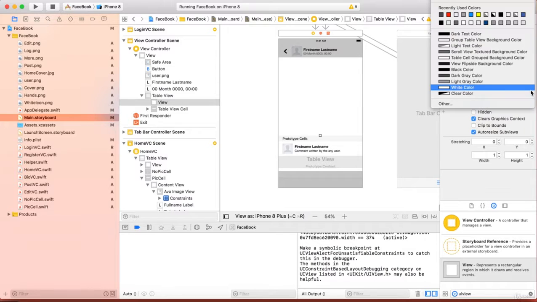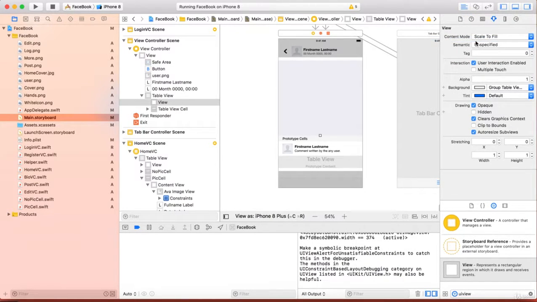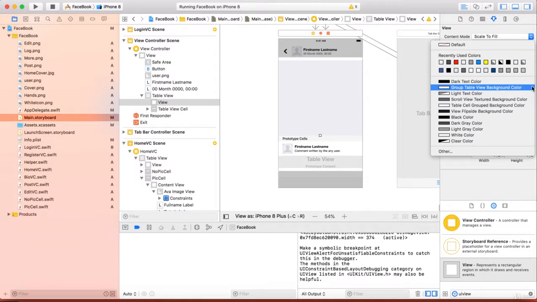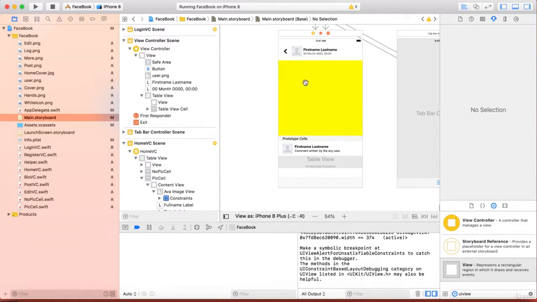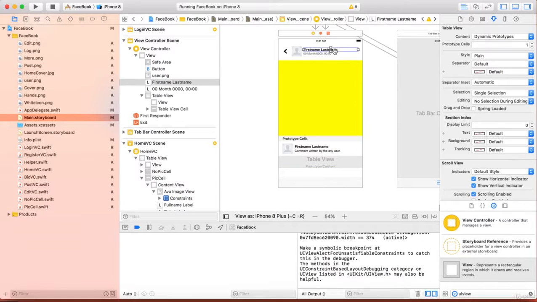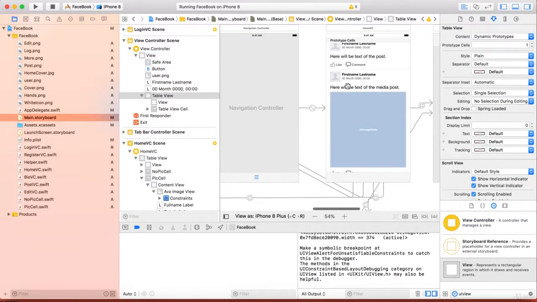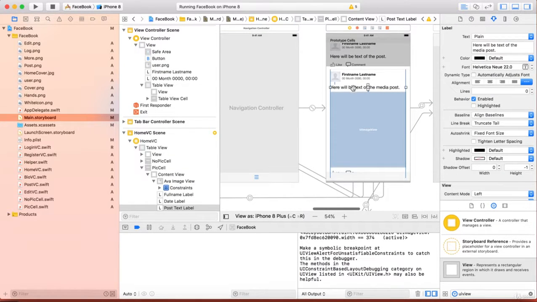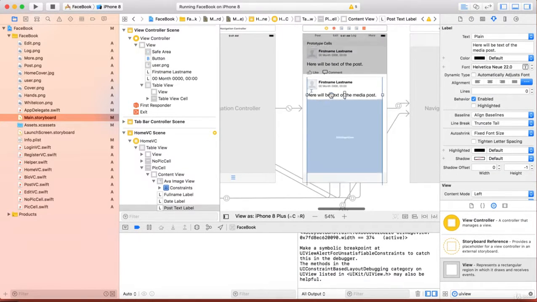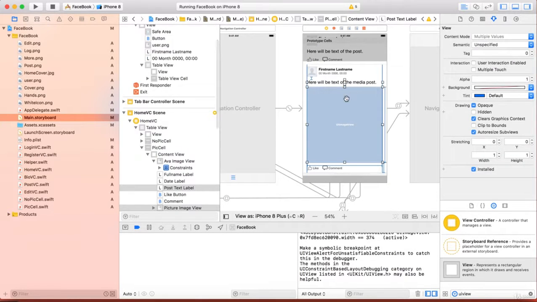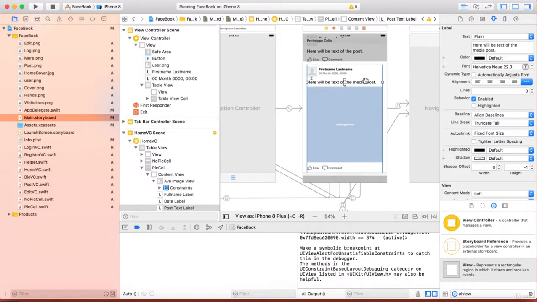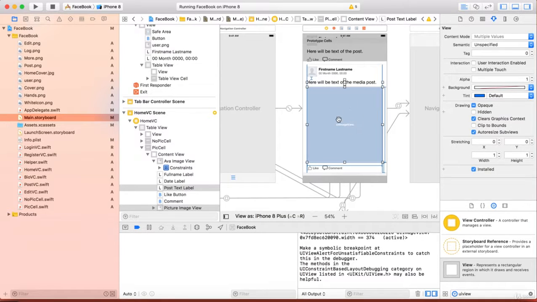I will immediately change the background color just to see the differences. I will use some bright color, let's say a yellow one, so I can distinguish the white space from this UI view. Then I will copy this label from the picture cell, and I will hold shift and select the picture of the post. I will now copy this